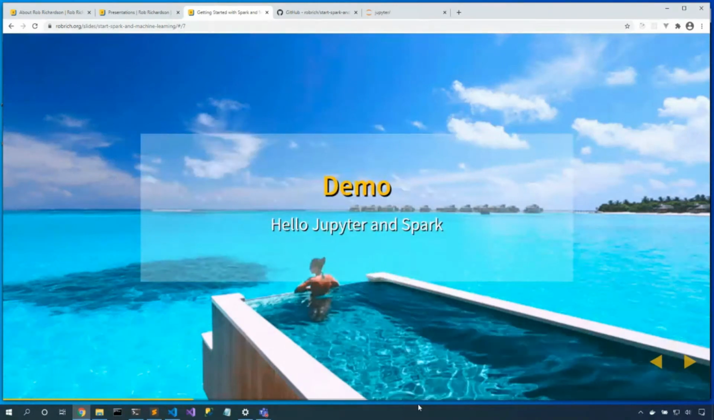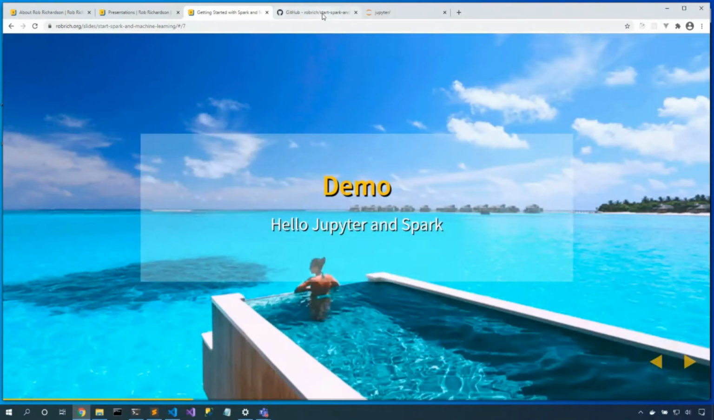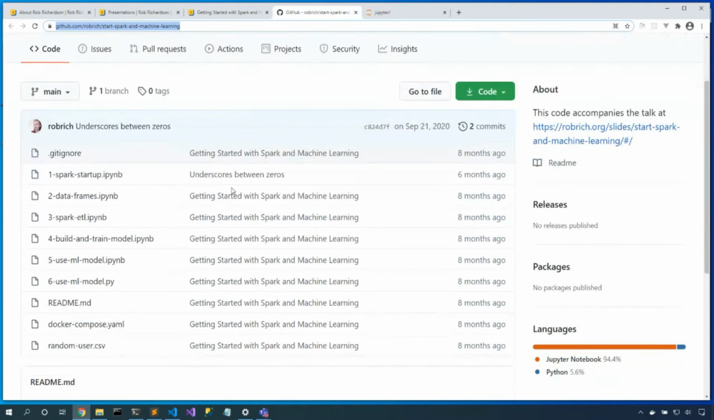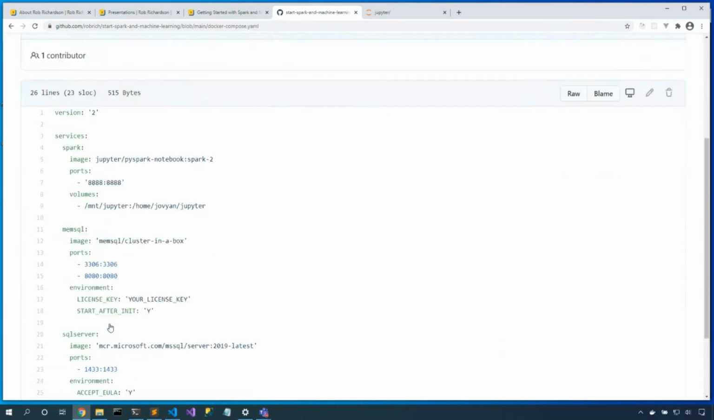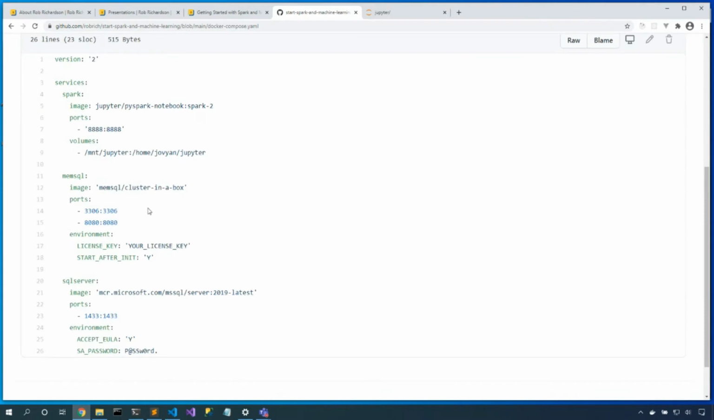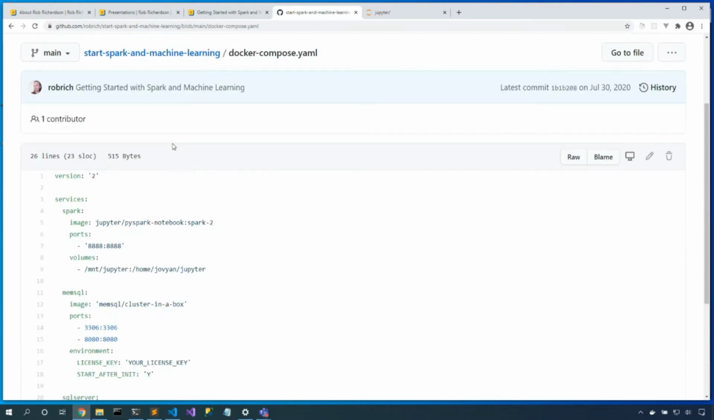Okay, let's dig in. Now, the first thing that we did as I went into this repo, here is a Docker Compose file, and this Docker Compose file will spin up not only the databases that I need, both SQL Server and SingleStore, but also we've got this PySpark notebook. Now, once I've got that spun up,